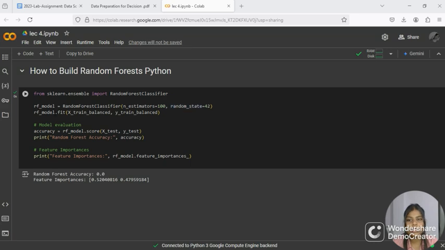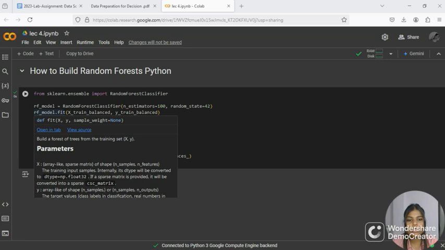And rf_model.fit trains the random forest model on the balanced training data, X_train_balanced and y_train_balanced.